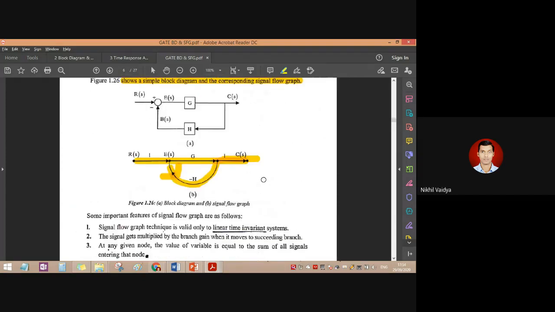See, where is the feedback? Basically it is a feedback, we know already. So this is a feedback path which travels from output to input, traversing one other node and reaching the same node. Whatever path is covering this, this path is called a feedback path, which goes from output to input side.